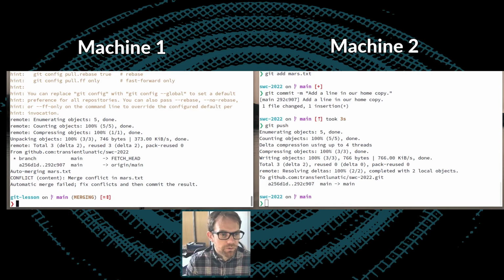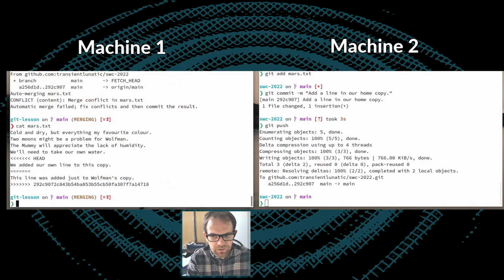Okay, so what has happened? Well, let's have a look at what Git has done for us. We run cat mars.txt, just so that we can see what is now sitting in that file. You can see there's something which initially looks like a bit of a mess. We've got both of the things.